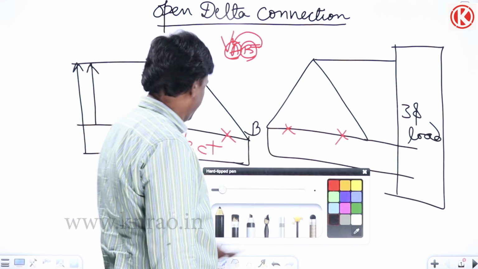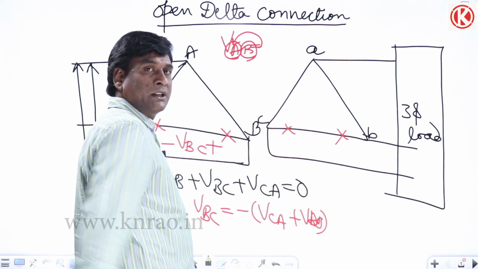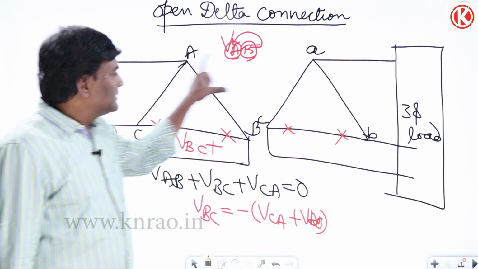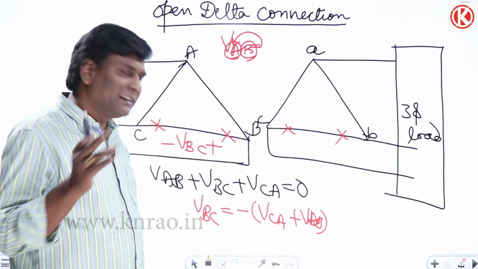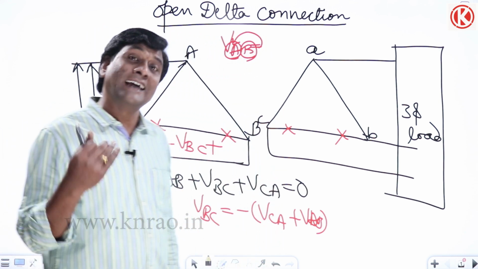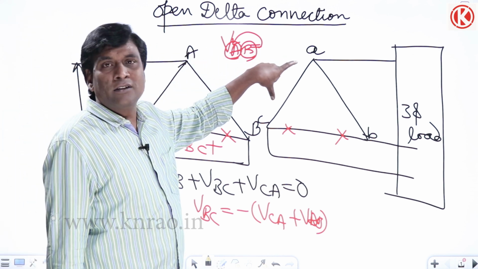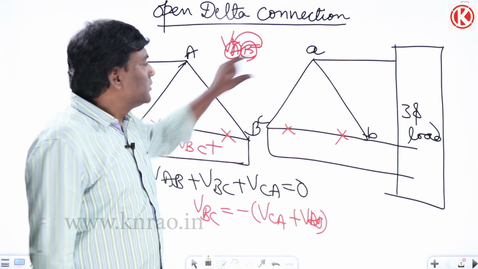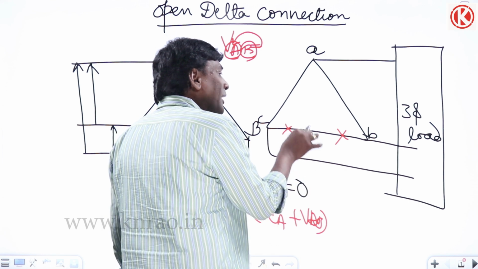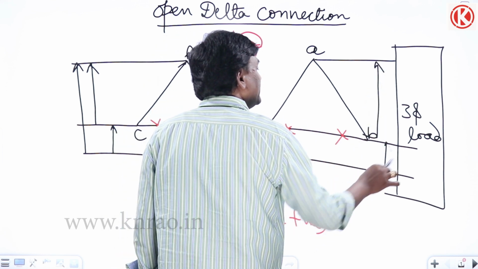If I consider this as maybe A, B, C. So the moment the primaries are connected to ideal voltage sources, secondaries also, provided you neglect the leakage impedances, shunt branches, if you neglect everything and consider the transformer as an ideal transformer, under that condition, if this voltage cannot be changed, this voltage also cannot be changed. So these are also kind of ideal voltage sources only. So even if you have this third winding or not,